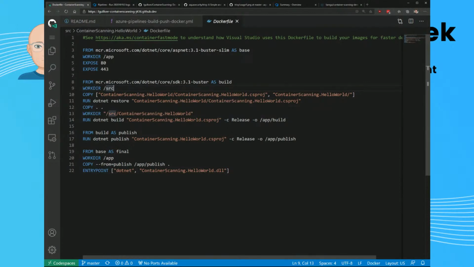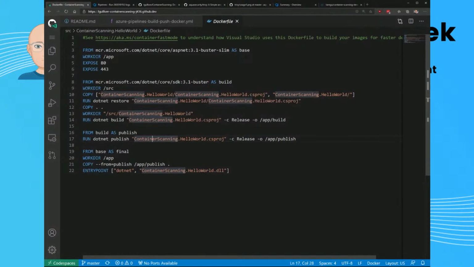We're pulling in the .NET Core SDK 3.1, changing our work directory to our source directory, copying the project and everything that we need to build it, doing a NuGet package restore, copying our outputs into the right directory. We're also then going to change what directory we want to run our build command from, and we've done that. We have that build command output everything to /app/build, and we have an intermediate